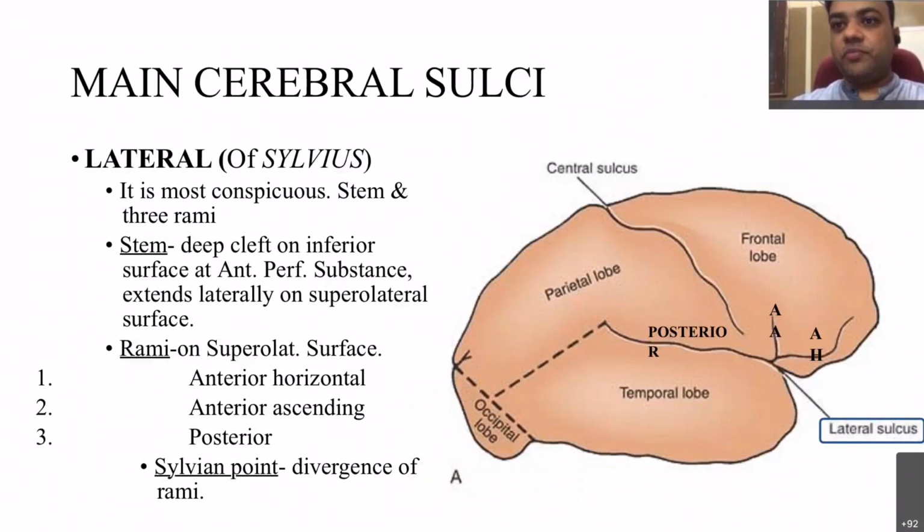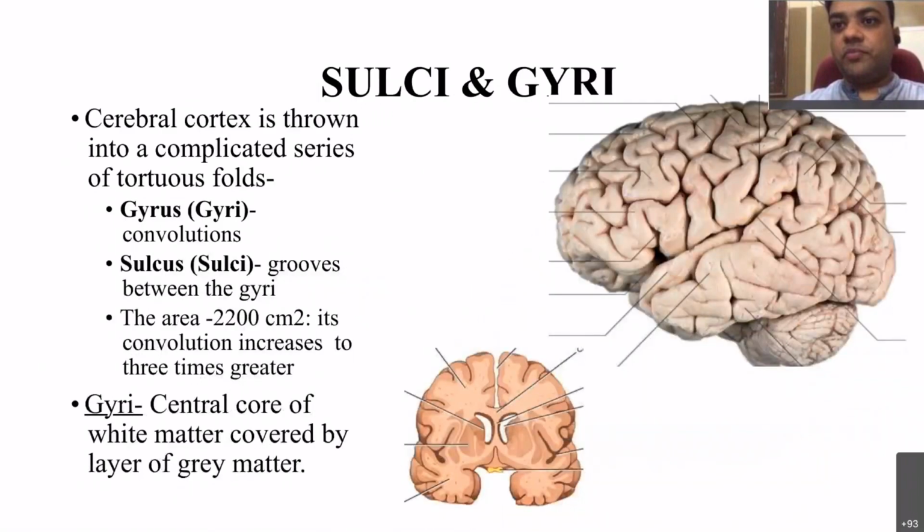So we'll see first the main sulci of the cerebrum. Now you remember in the cerebellum, we have seen there were some elevations and depressions, meaning gaps in between the foldings of the cerebellar cortex. There the elevations are in a specific linear manner, transversely present from the upper surface to the lower surface. In the cerebellum they are known as the folium, or plural folia, and the gap between them is known as the fissure.